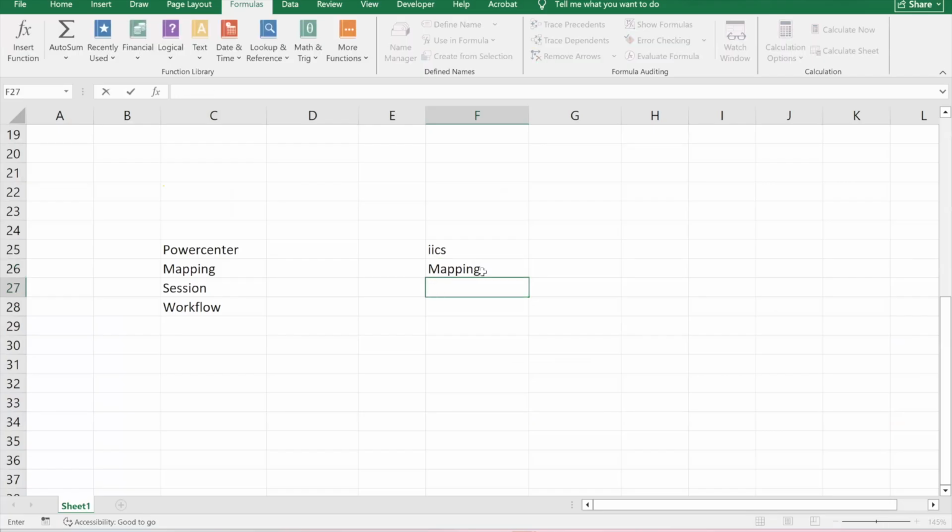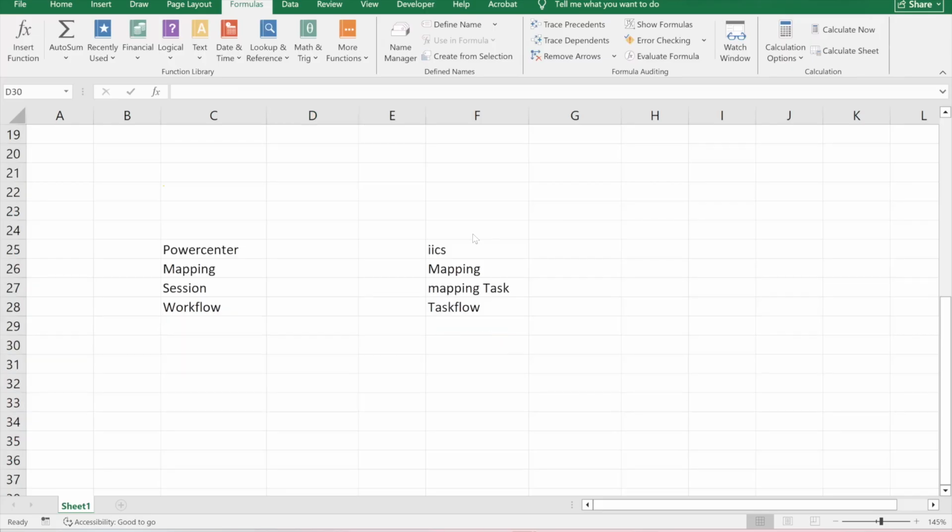We have MCT, that is mapping task or mapping configuration task. And then for this, we have task flow.